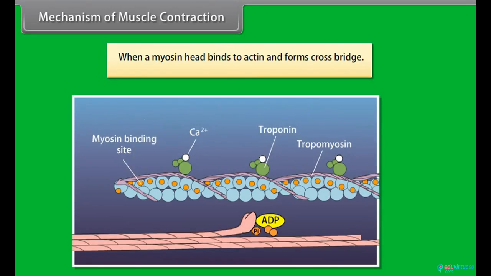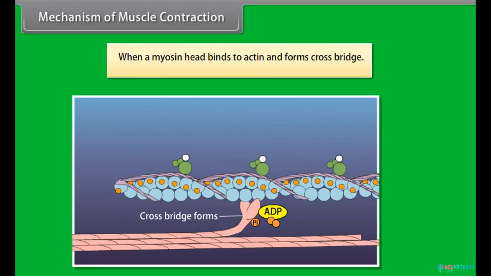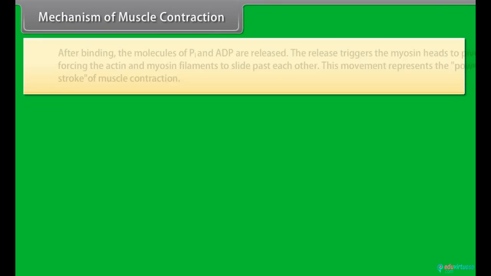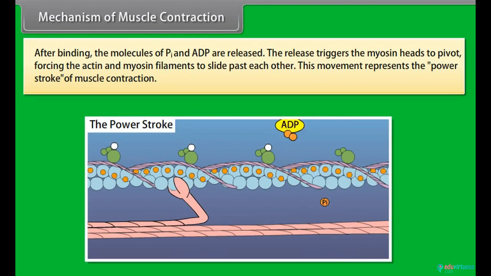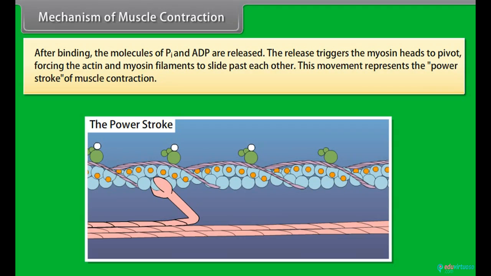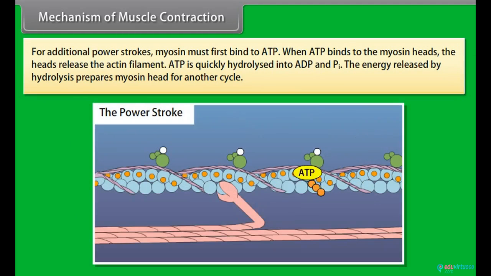A myosin head binds to actin and forms cross bridge. After binding, the molecules of P, I, and ADP are released. The release triggers the myosin heads to pivot, forcing the actin and myosin filaments to slide past each other. This movement represents the power stroke of muscle contraction. For additional power strokes,